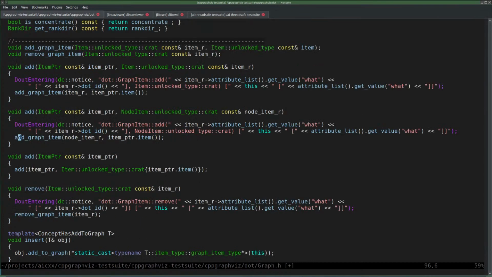Oh boy. Okay, I'm going to rename this thing because it's definitely special, because I know that I'm adding a node item now. So I'm going to do add node item.